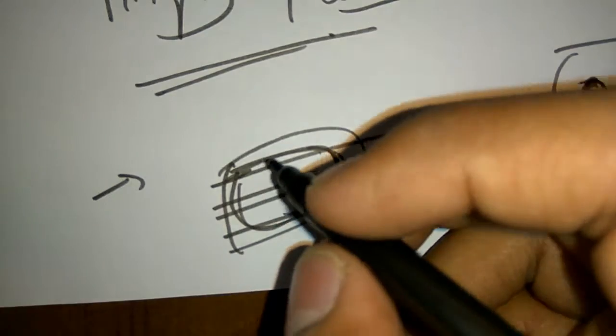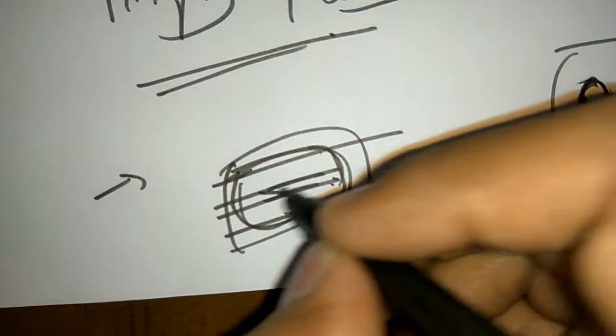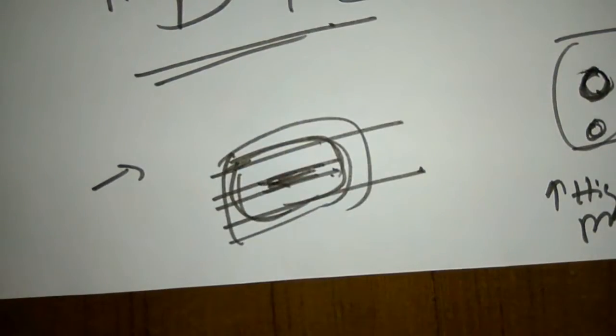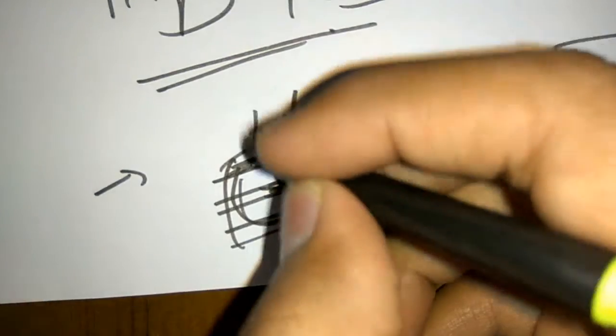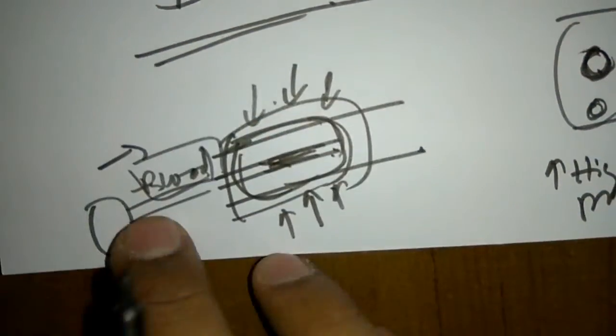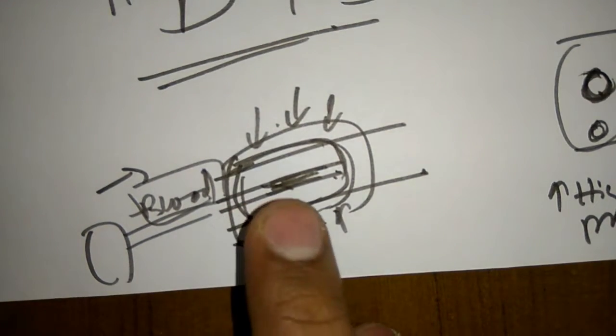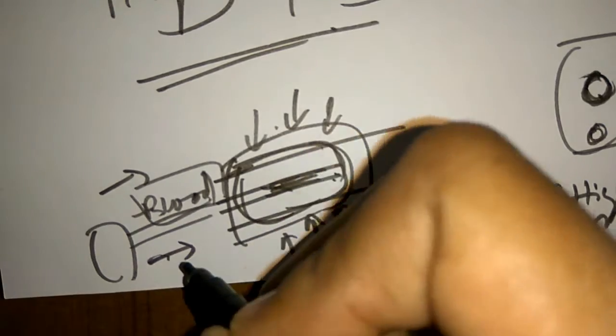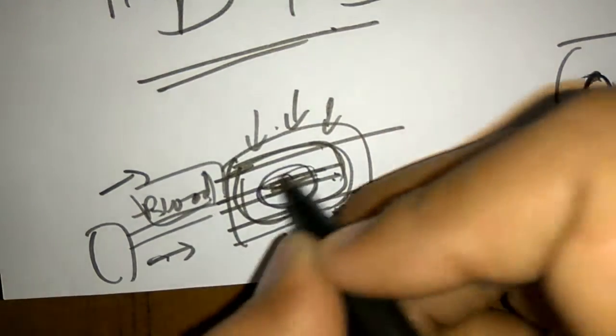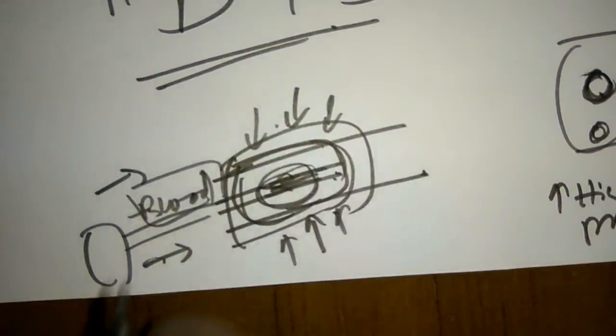In this way, the doctor is trying to narrow your artery by compressing it with an external force, right? This force will compress your artery. At the same time, the heart is also pumping blood, right? So when this artery gets narrowed, the heart is still pumping blood, and to overcome this narrowing, the heart